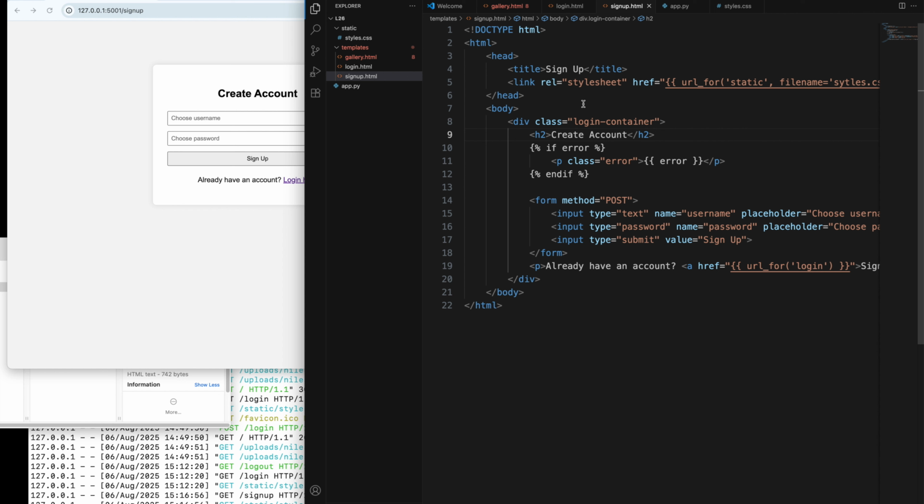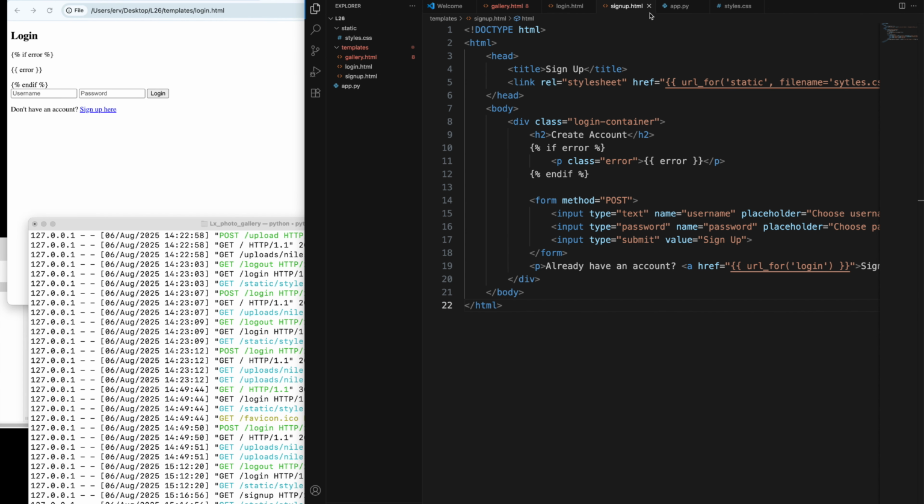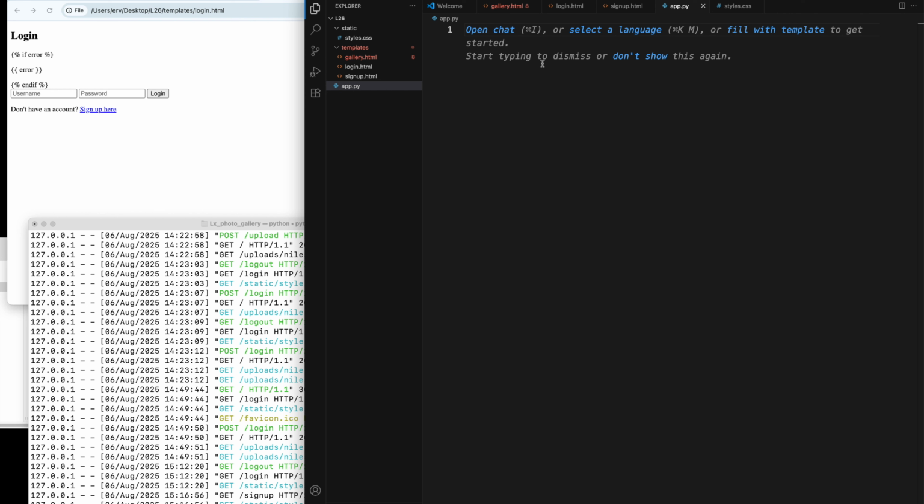What we'll do now is write out the code in app.py, which is going to be the backend and the Flask side of the app. Let's now work on the app.py file, and here we are going to import a couple of modules from Flask. Import Flask, render_template, request, redirect, url_for, session, send_from_directory,